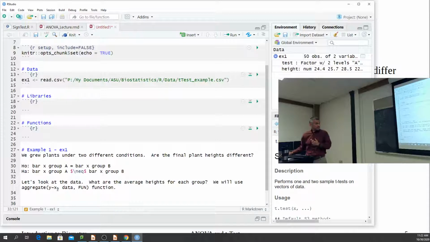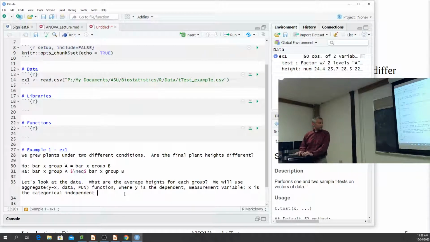Since we write it as a formula, we give it the data frame where it's at, and then we give it something called fun, which is the function. So y is the dependent measurement variable, x is the categorical independent variable,